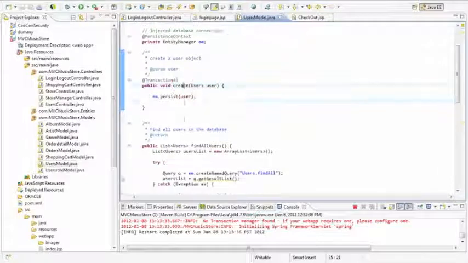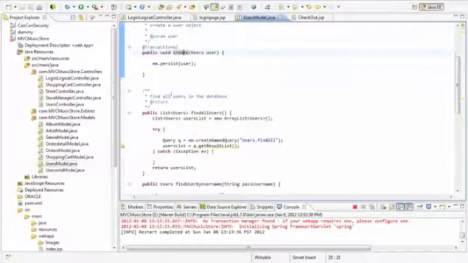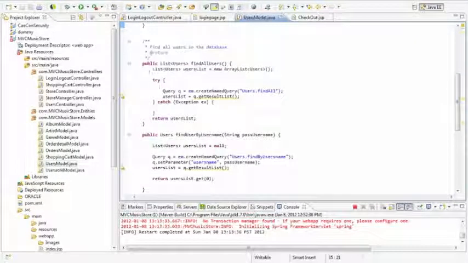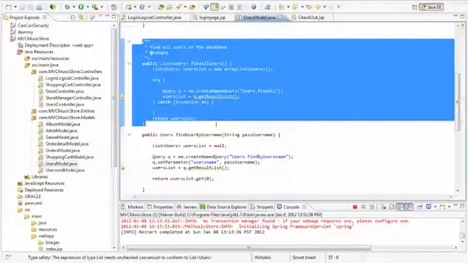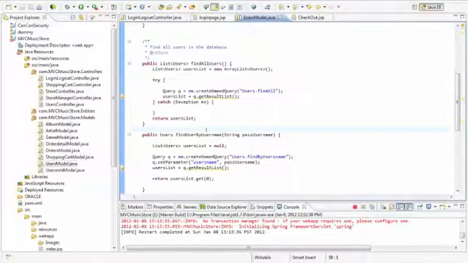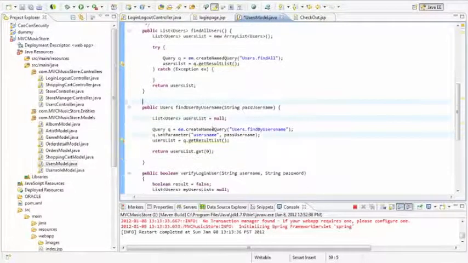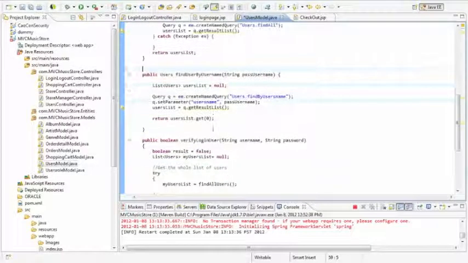Okay, I promise. Okay, and this one we use to find all of the users inside the database. Okay, and in this tutorial, okay, we use this one for